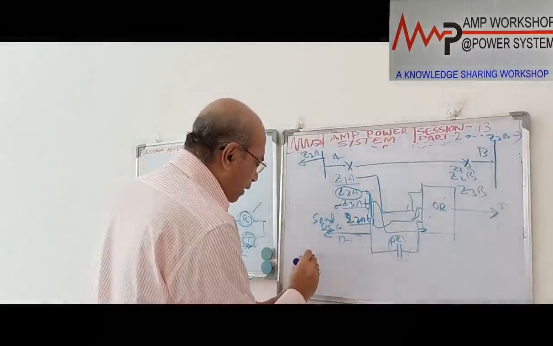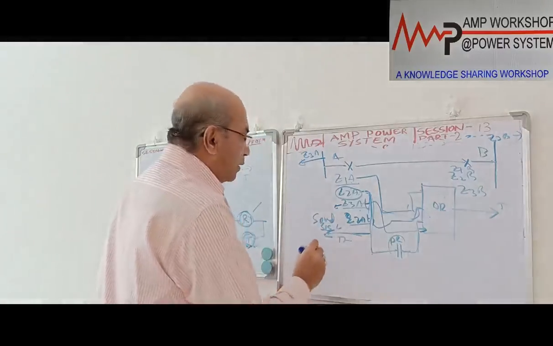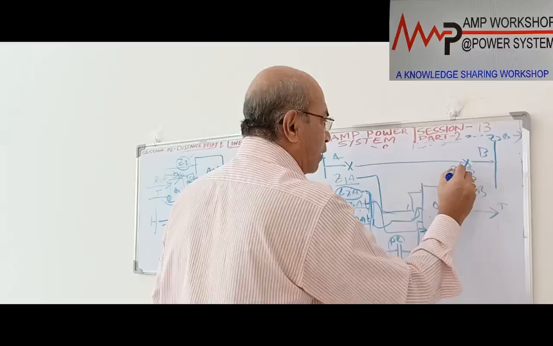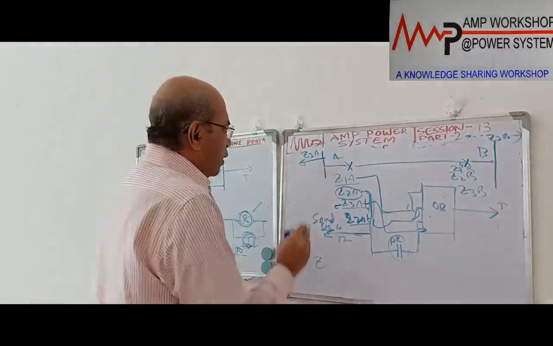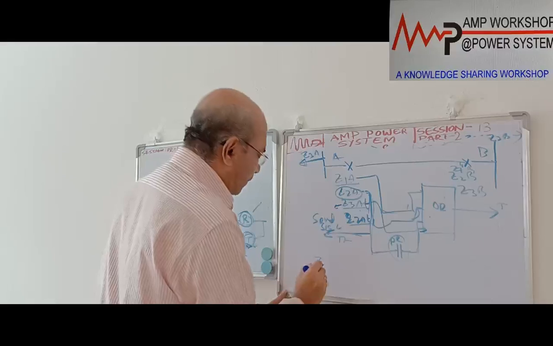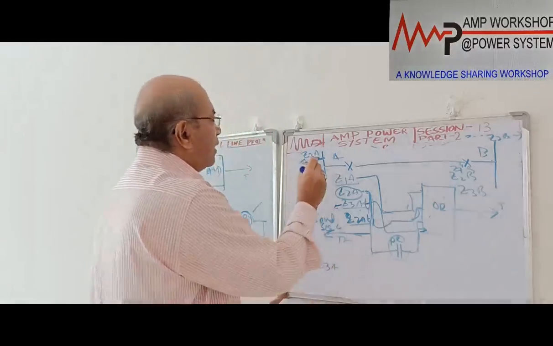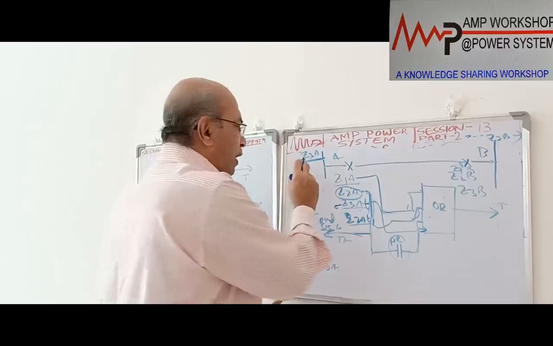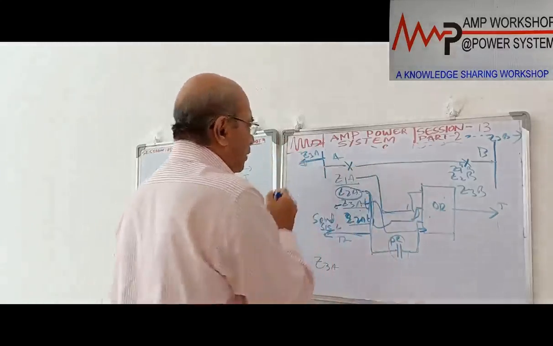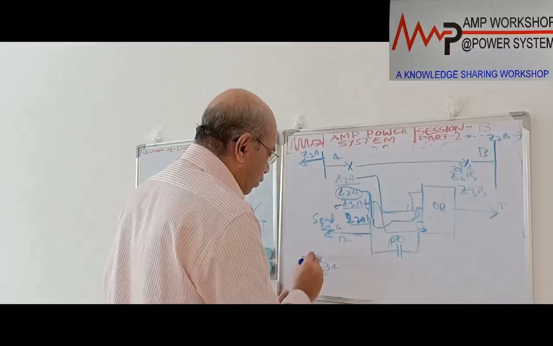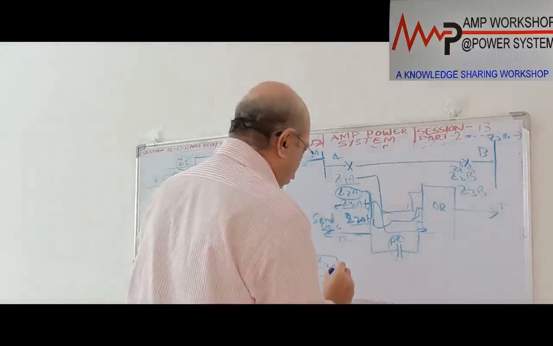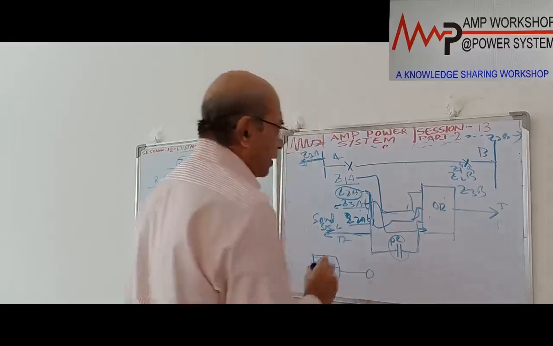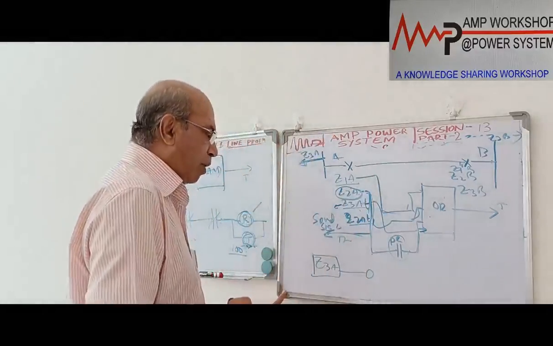Now suppose the fault is at the remote end, or this end. At this end, when Z3A is operating, what does it mean? This means that the fault is outside of this line. For an internal fault, Z3 is not operated. If the fault is inside of the line, it will not be operated.